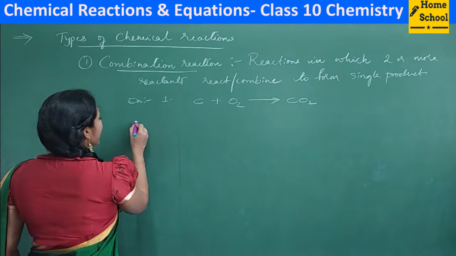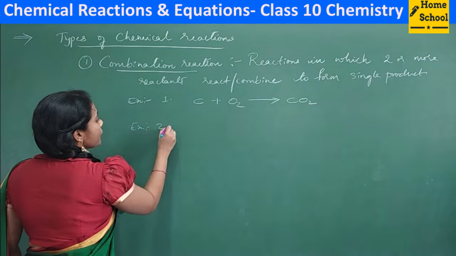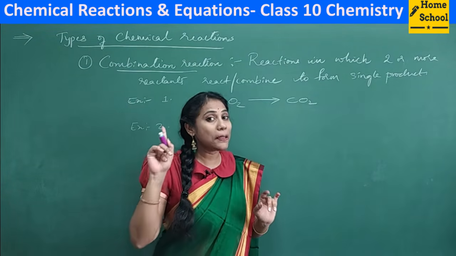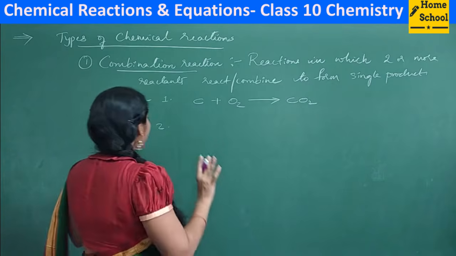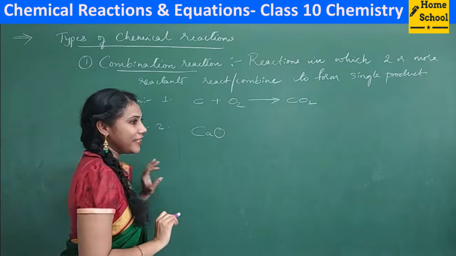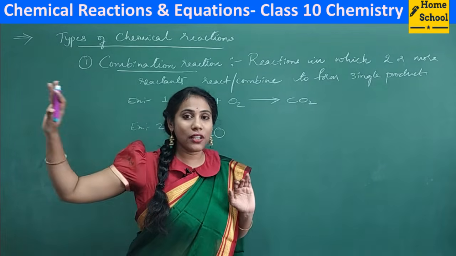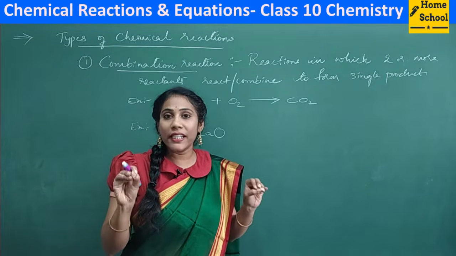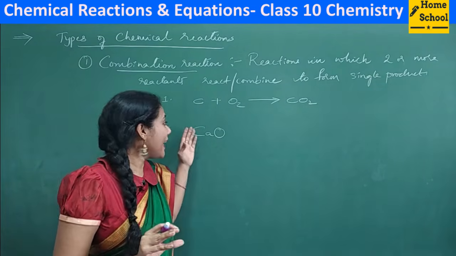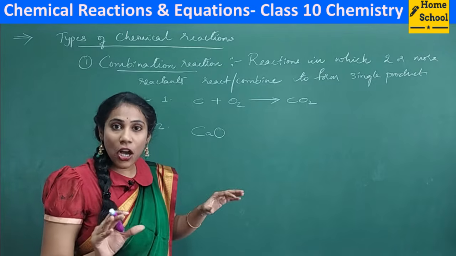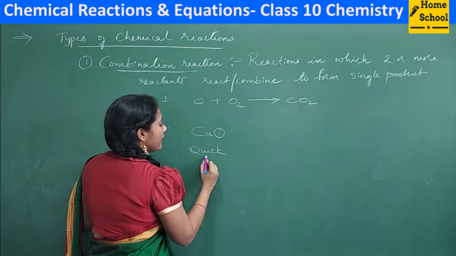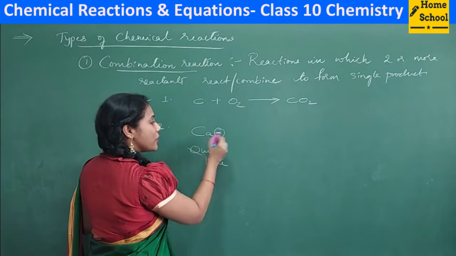Okay, so now I'll give you the second example. The second example is the one which we have already discussed in our part 1 video, right? So can you remember this reaction? This is actually whitewashing powder, right? If you want to whitewash the walls of your house, you will get a white powder from the market, right? That is nothing but calcium oxide. So in short, calcium oxide can also be called quicklime. Quicklime in the sense calcium oxide.